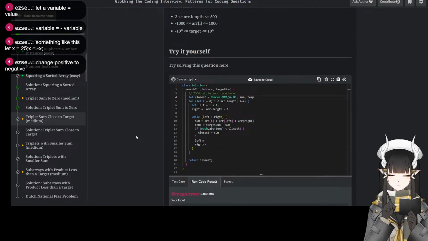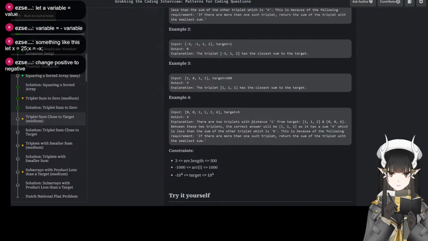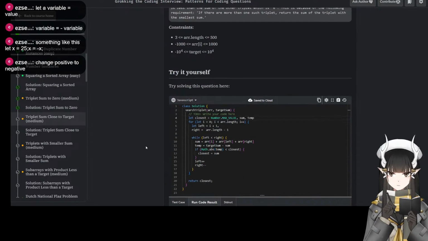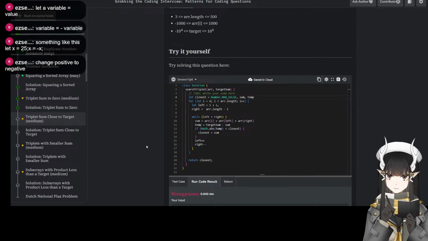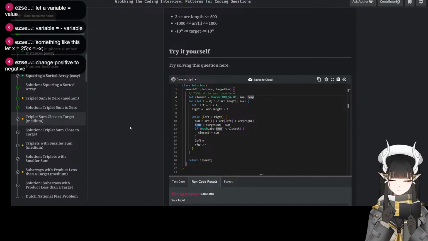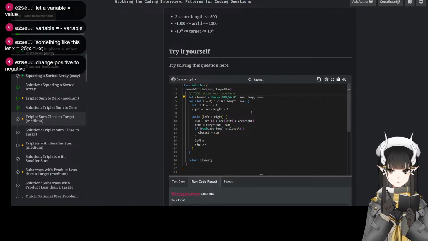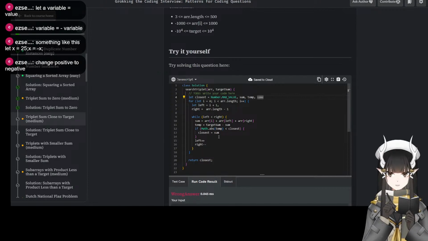If they are the same, we're looking for smaller sum. If difference is the same, we're looking for smaller sum. Okay. So same. From this, you can tell I have no naming sense.